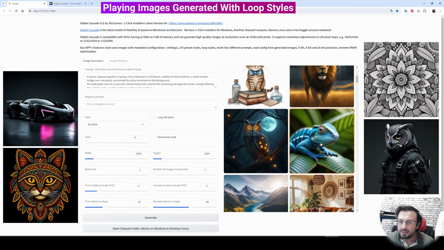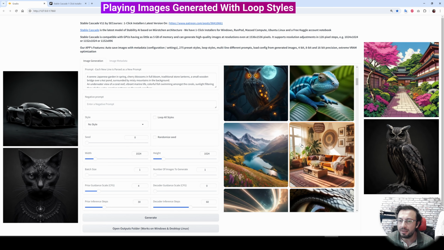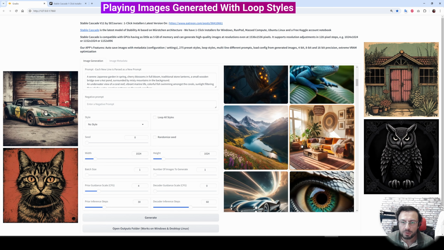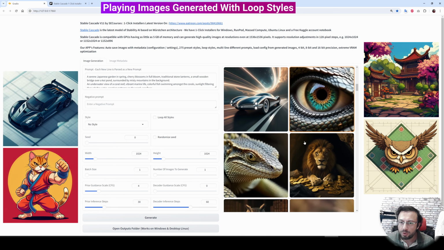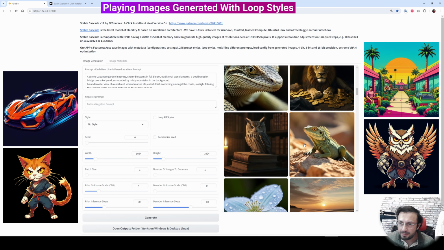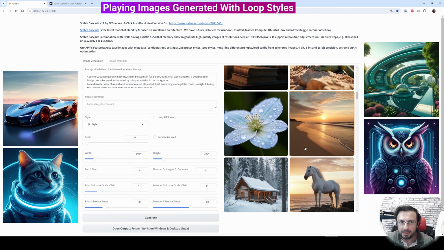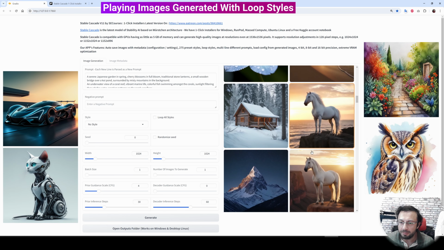The weights are released. I know that there is Stable Diffusion 3, but its weights are not released. Its models are not released yet. Therefore, today I am going to show you how to use this amazing model, the weights, the models published by the Stability AI. It is called Stable Cascade and it is really amazing.